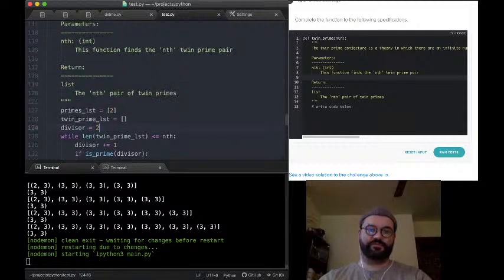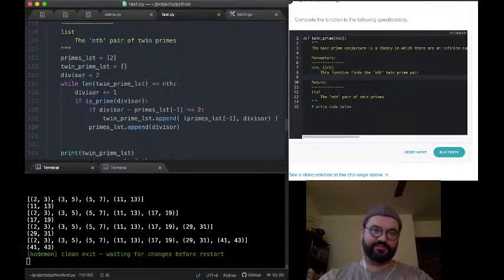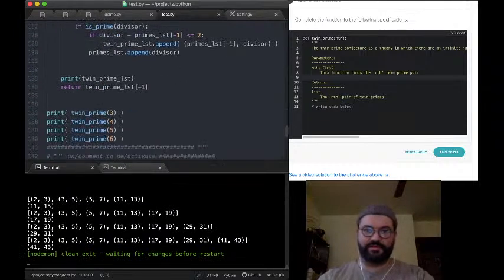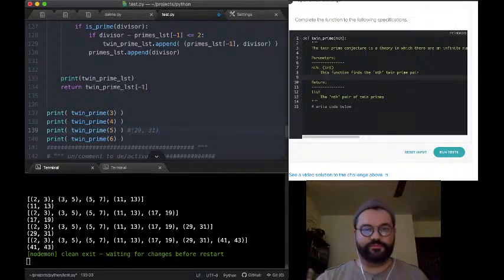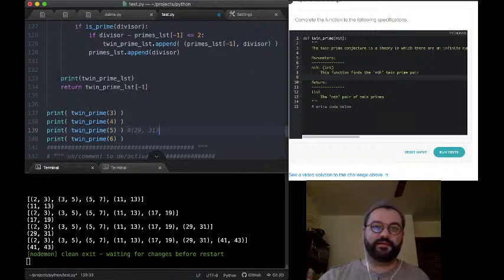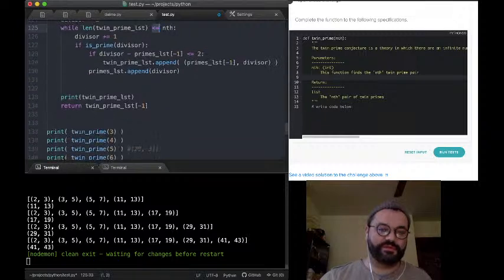What should this one be? 5. The 5th twin prime should be 29, 31. And let's just put that next to this so we remember 29, 31. And that's what we get. Cool. So my check was correct to be inclusive of inf there. So